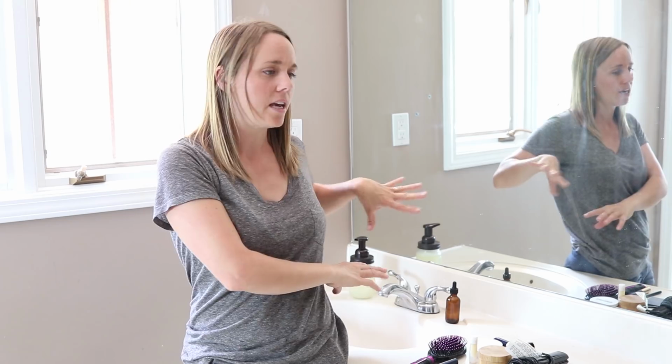Okay, so this is the other side of my bathroom. This is my vanity. Now this is a double vanity, so there's a sink here and a sink over here, and this huge mirror. So this is way bigger than what we're used to. And believe it or not,